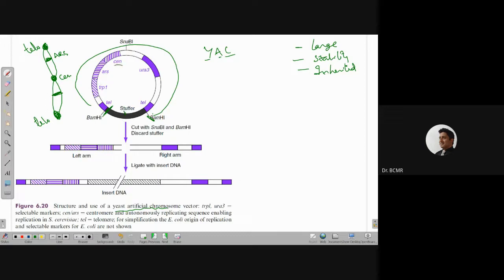So there is a centromere. We have telomeres, that is also there, and we have ARS, that is for origin of replication, that is also there. What we also would need is TRP for selection and URA3 for integration, or this is also another selection. Okay, tryptophan gene, a biosynthetic gene, as well as uracil, they can be used as